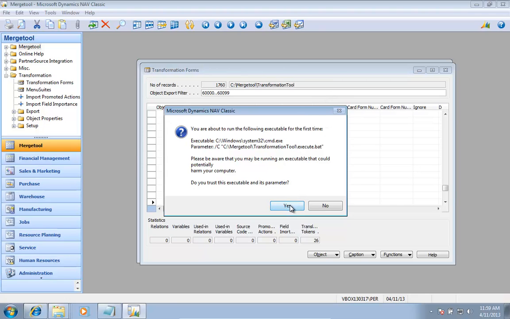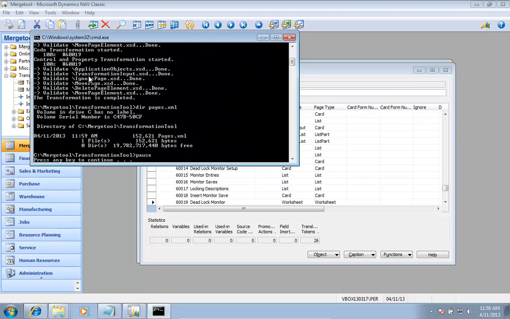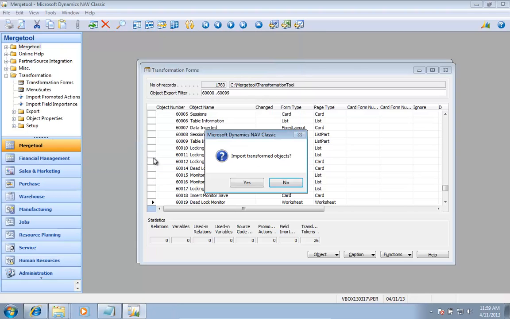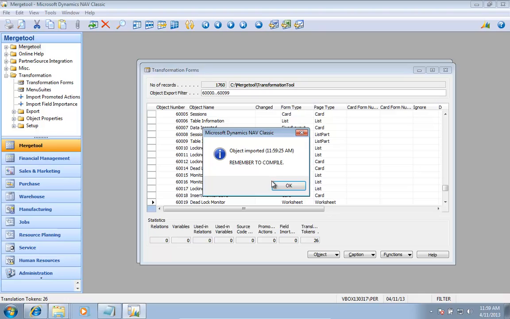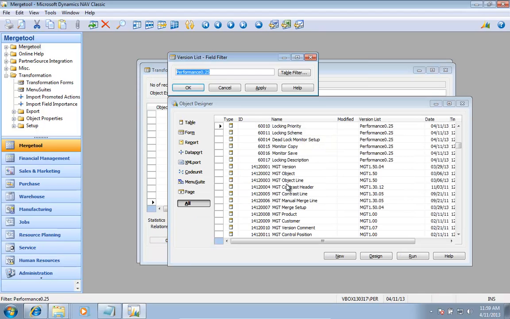That's my execute.bat. It will show me the file, the date and the time on it. It will run the validation, and I guess something was right in here because the transformation completed. I have my pages.xml, and at the end it will import all the objects, and I can now go look at the one here